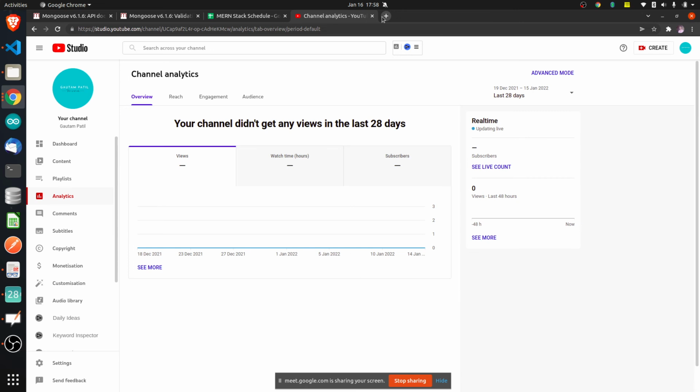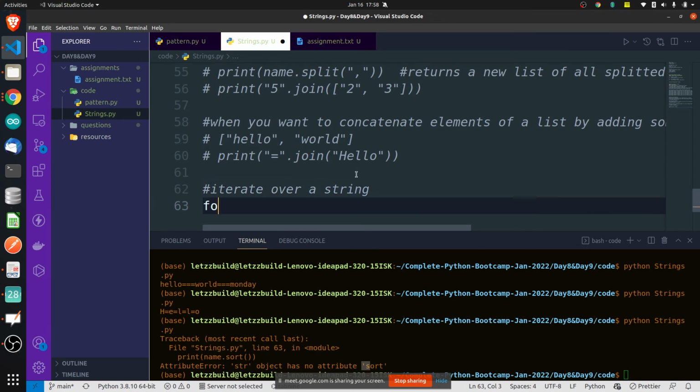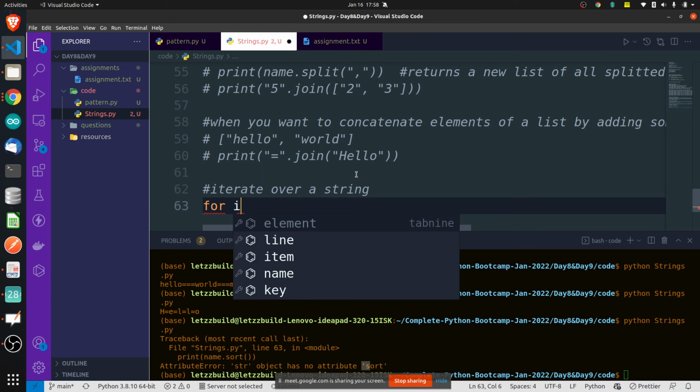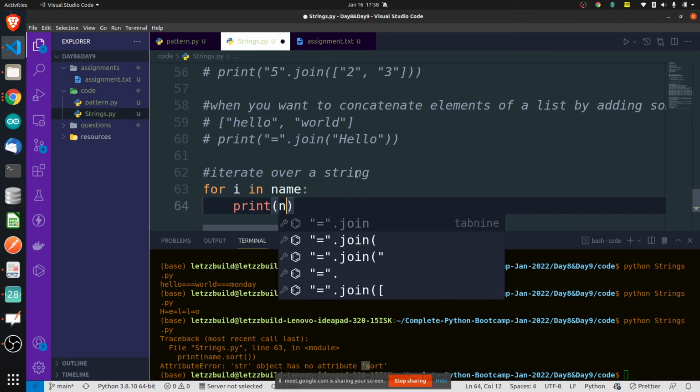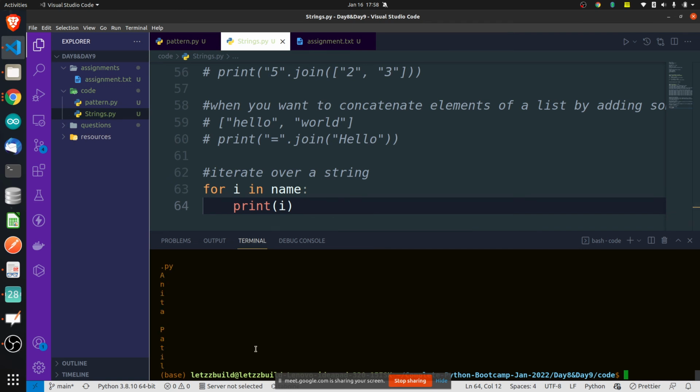Okay, let's not see that now, but we'll try to sort, because we'll be solving questions like anagram and all, so that time we'll need it. So I'll come back to that, however. Okay, and you can also iterate over a string using a for loop. If I just show you, you can do for i in name. Name is the string, and print i. It will start printing every letter of that string. See here, it started printing every letter of that string. Very simple.